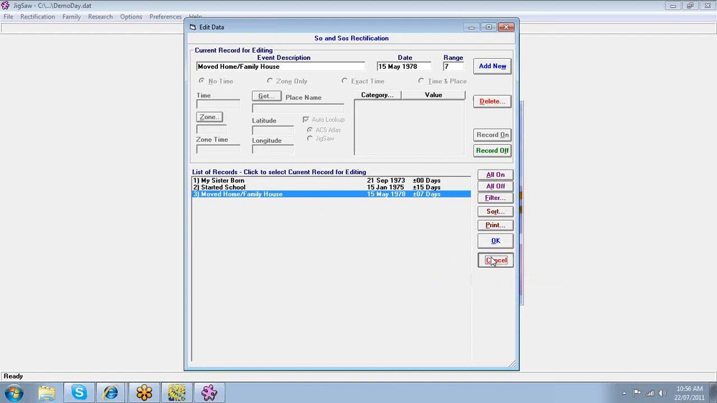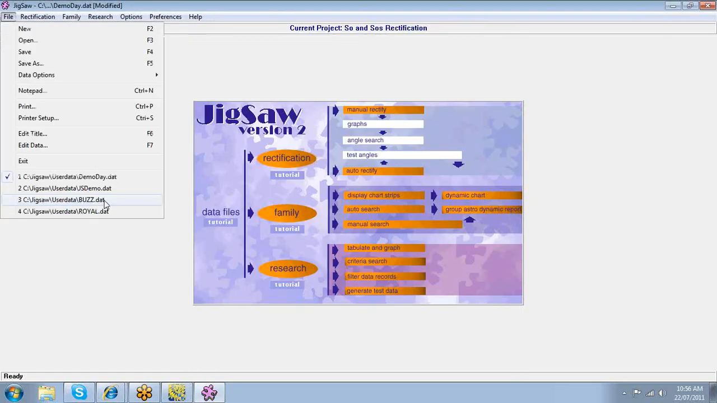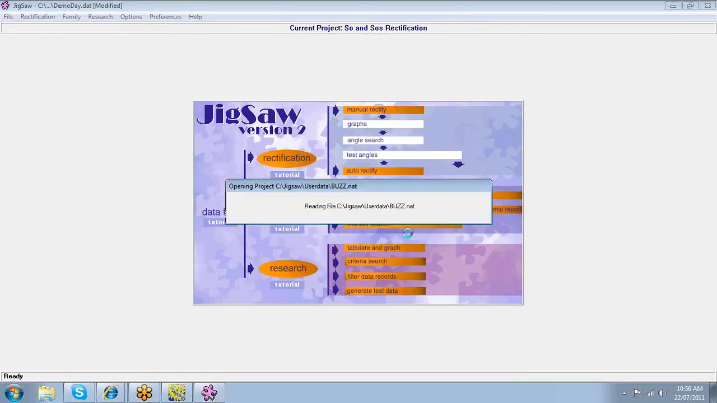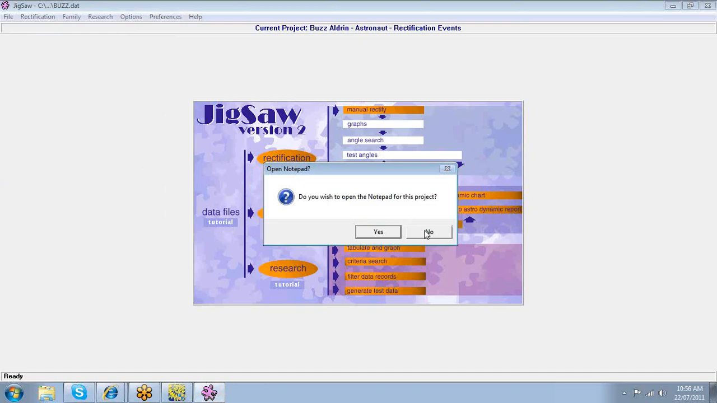Okay, so I'm going to cancel out of that, and I'm going to come up here to our file, and I'm going to open Buzz Aldrin's project. It will always ask you if you wish to open a notepad for the project when you open a file. I always click yes, because with Jigsaw and with rectification, the rectification process is so long, and you may be halfway through something, or you may have actually entered all your data,